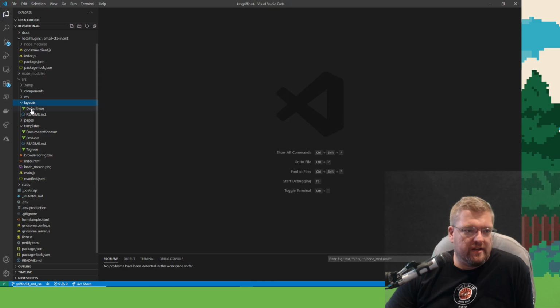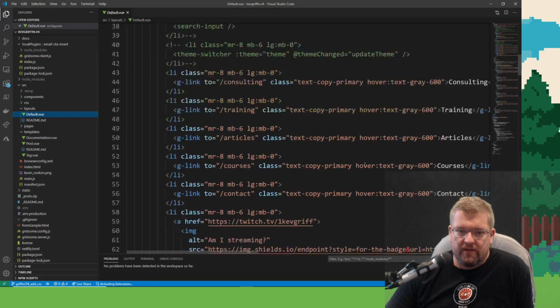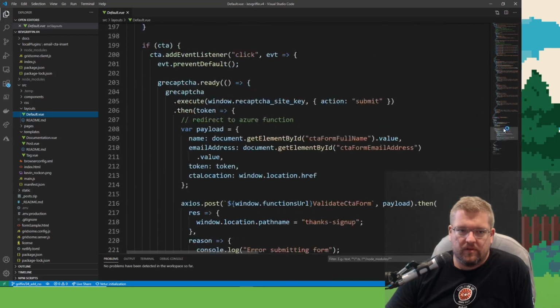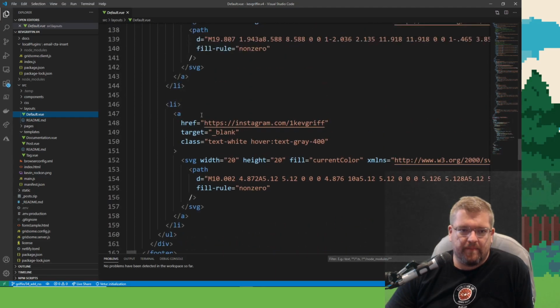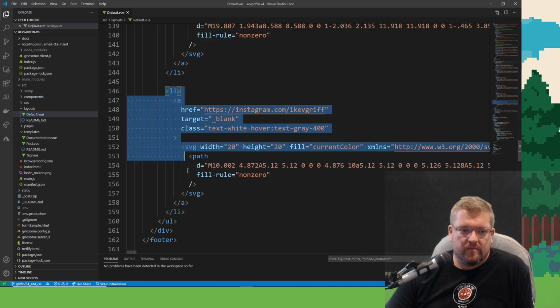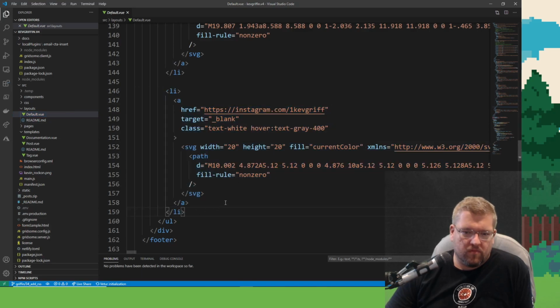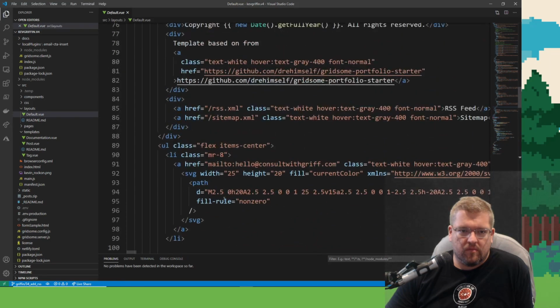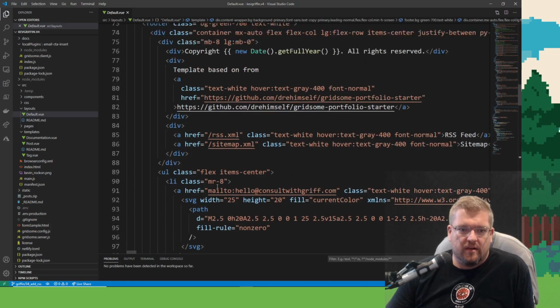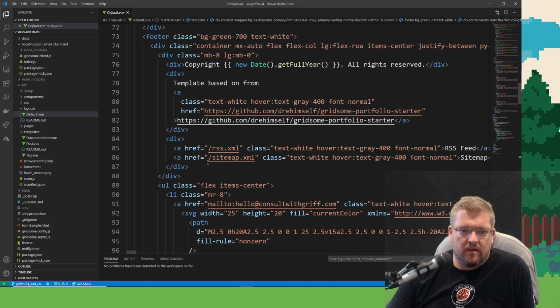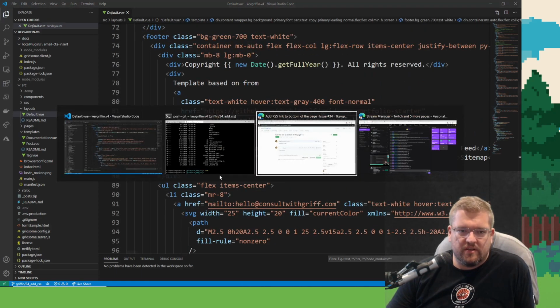So layouts, I have a default layout, and then down here at the bottom there should be Instagram. Yep. Oh, I already have RSS on there?